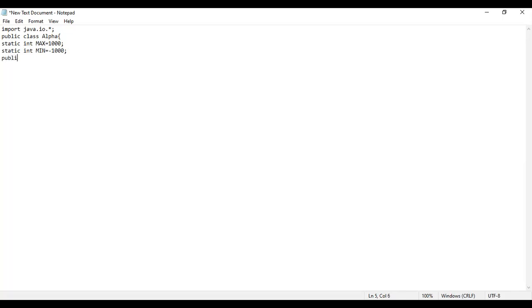Public static void main, String array args, open curly bracket, to write the code for the main function.